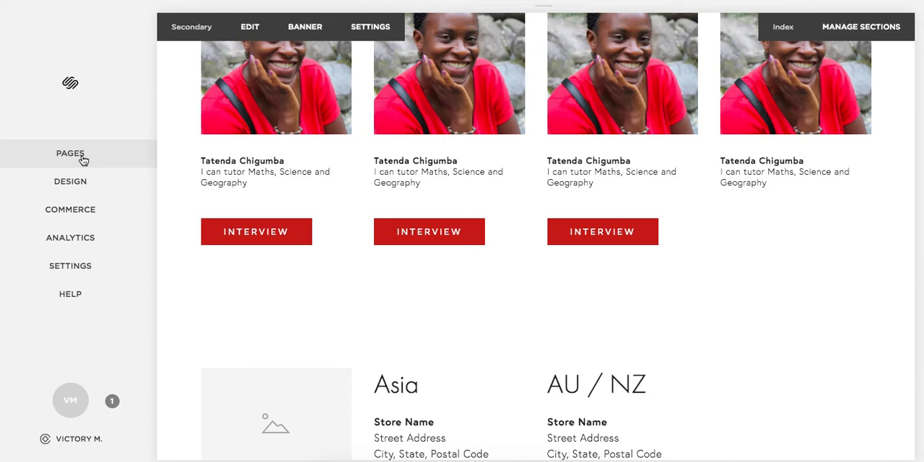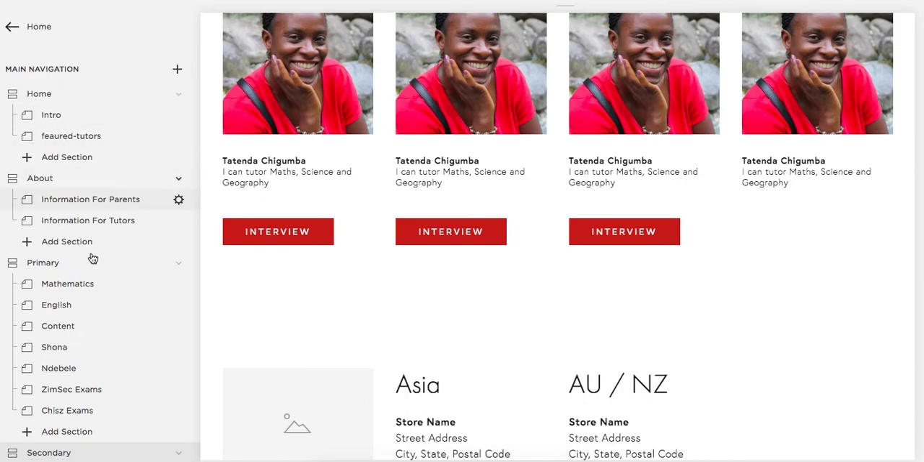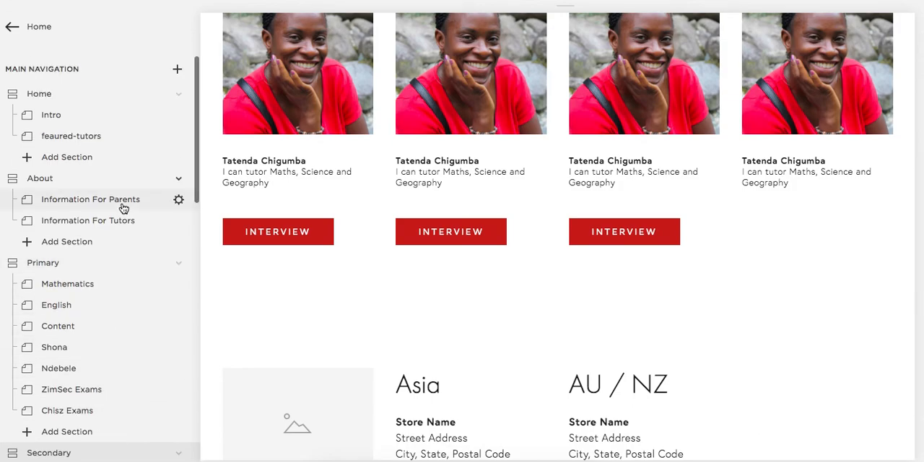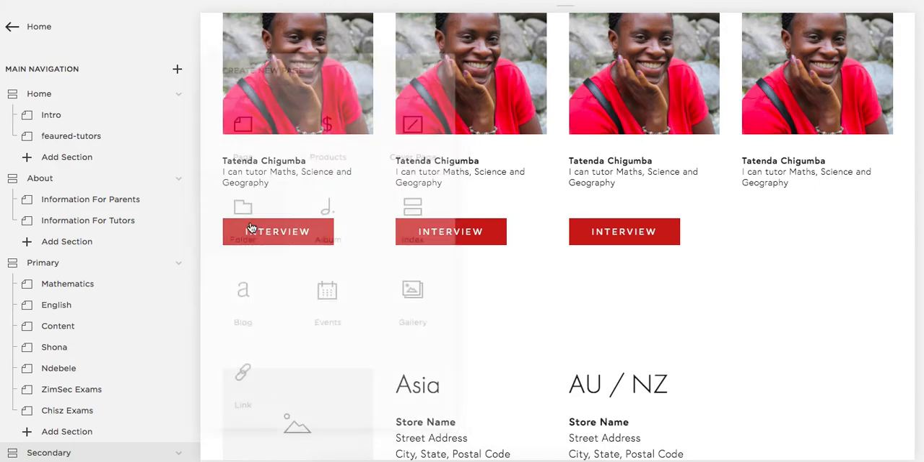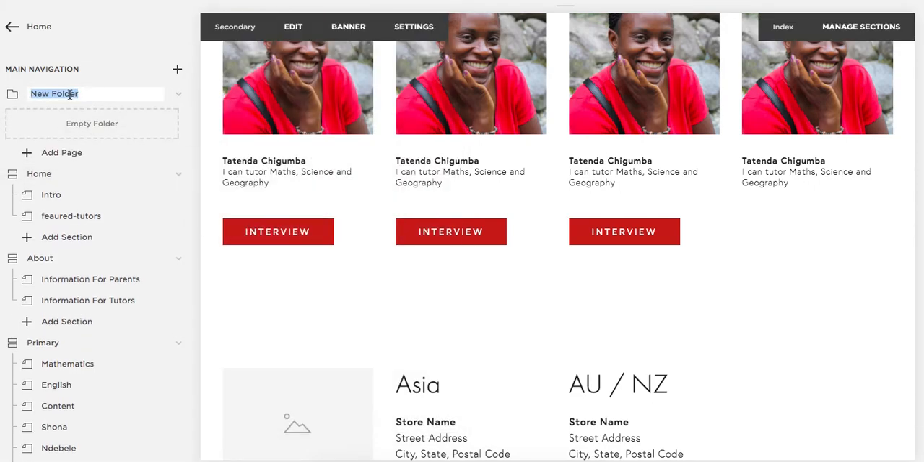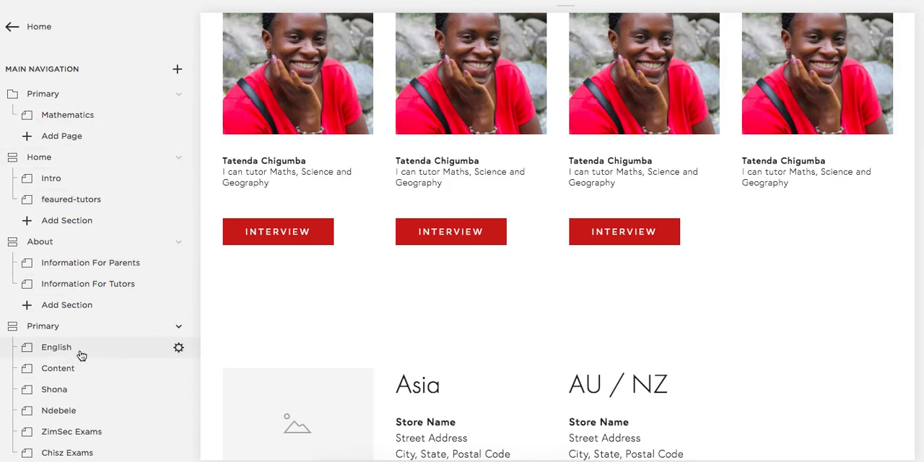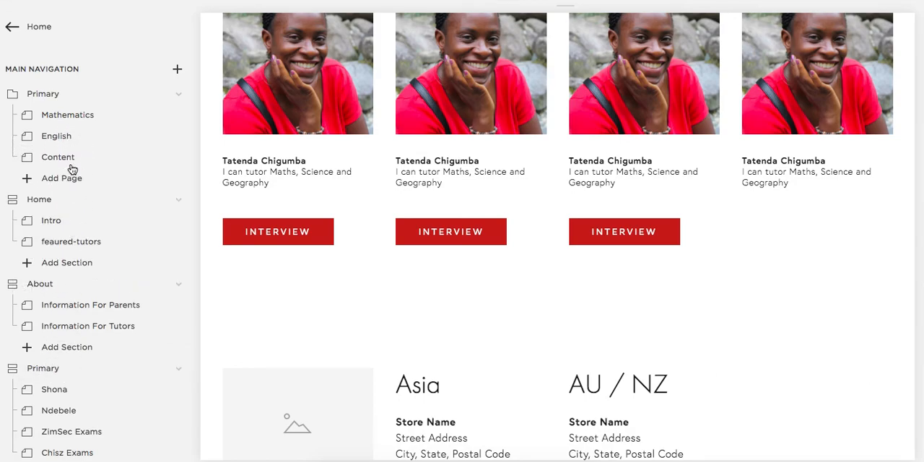If we want a drop down, what we need to do is go to pages, and you asked for a drop down for all subjects, I think. So in main navigation, you need to add a folder, primary. A folder is different to an index, which is what we're using, because it'll make them into actual